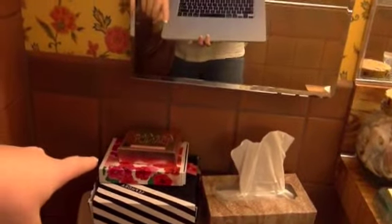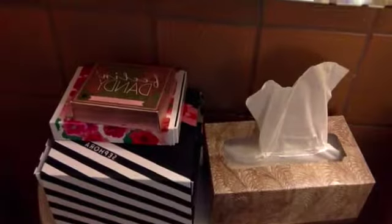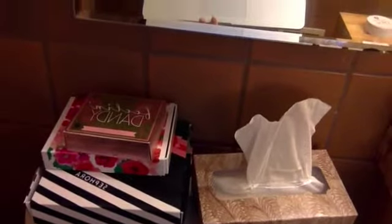So I just have my Benefit Feeling Dandy set on the top here, and then I have my ColourPop and Bloom collection from Jamie Greenberg underneath that. It's very pretty. And then in this box, I'm not even going to go through it because it's just craziness, but it just has a bunch of samples in it. Some lip glosses, some NYX lip glosses,